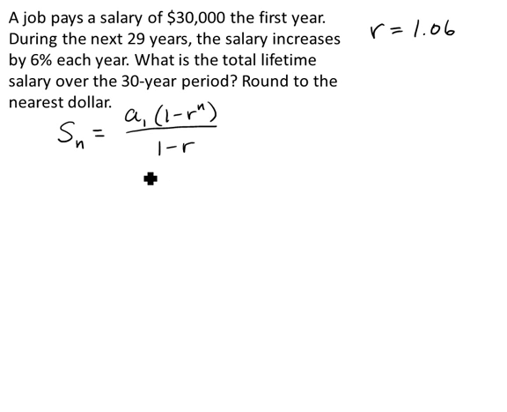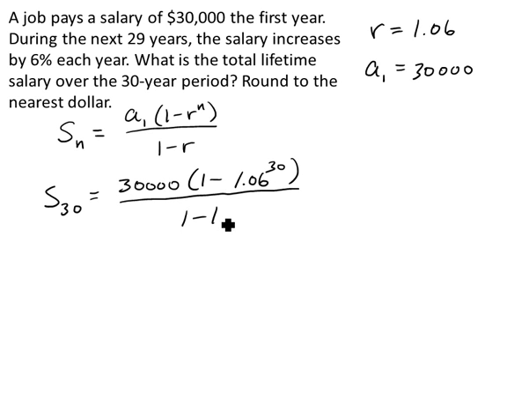So we have already identified that r is 1.06. Now the only other thing that we need in our formula here is A1, and A1 just means the first term, which would be the salary in the first year, which it says is $30,000. And then the sum that we're looking for is the sum of the first 30 terms, because we want this total over this 30-year period. So we're looking for S30. So the n is 30. So plugging everything in, we get 30,000 times 1 minus 1.06 to the 30th power